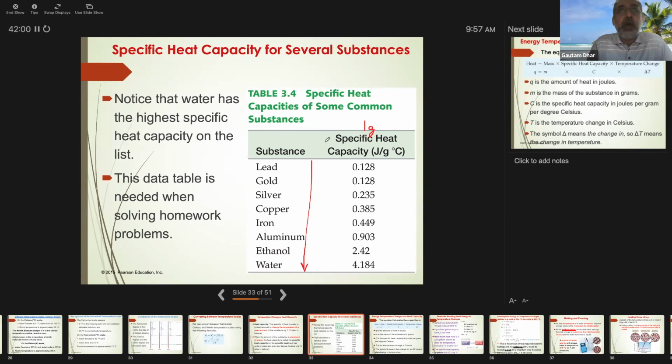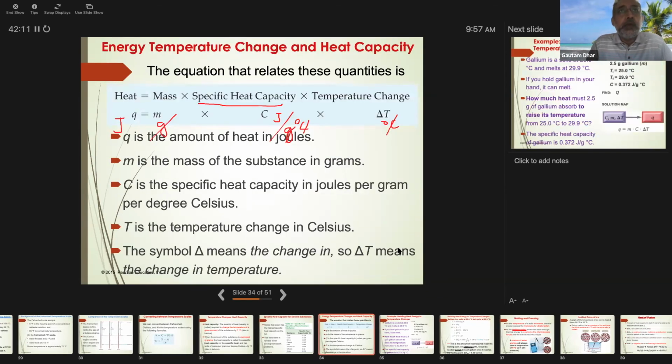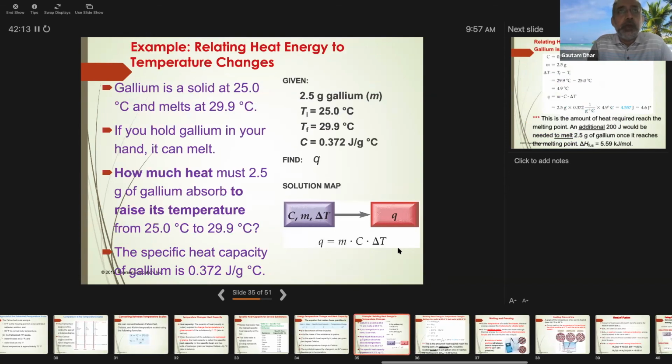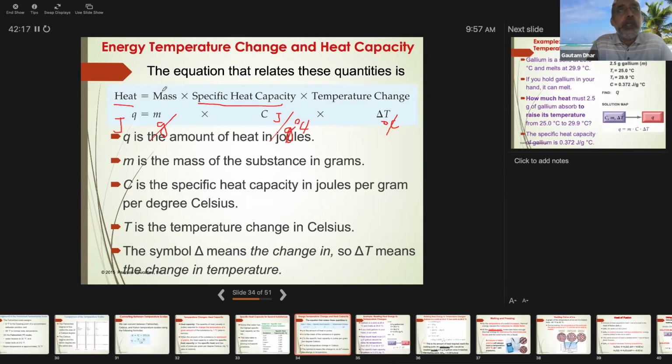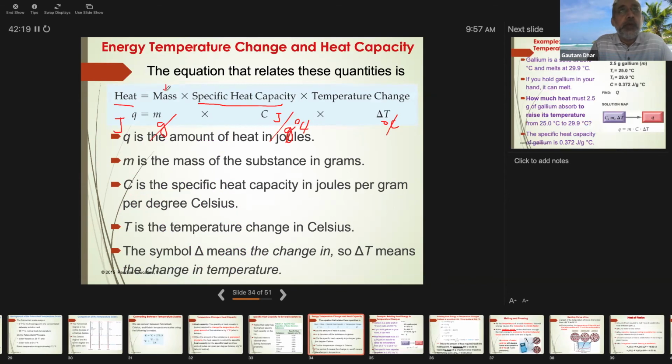So this is a kind of useful chart that you can use for our calculations. Okay. So you will have a bigger chart in the book. So here, in order to calculate then the total heat, we need the mass, we need the specific heat capacity, and that you'll get from the chart, or you don't need to memorize it. Only thing that you have to memorize is the conversion, that 1 calorie is 4.184 joules.